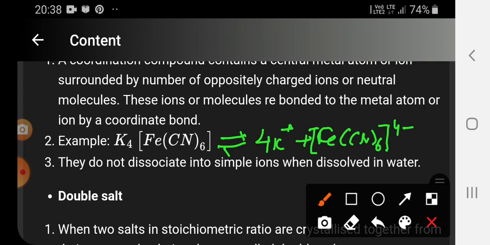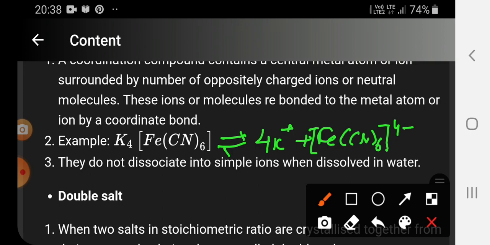So it is dissociated into 4 K plus ions, cations, and the anion consists of the complex part in which the central metal ion is bonded with the ligand. So a complex anion is generated,